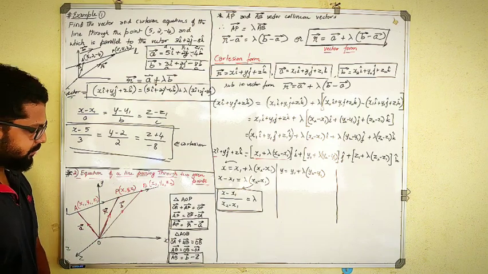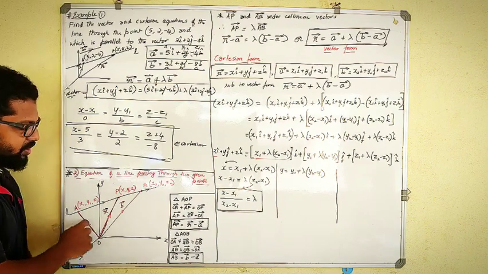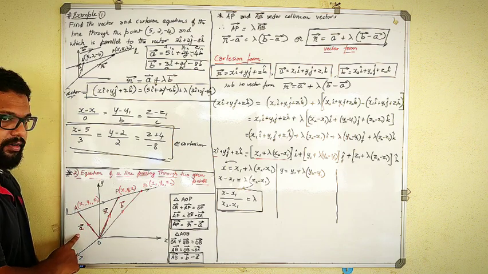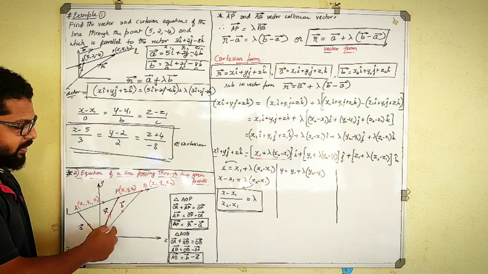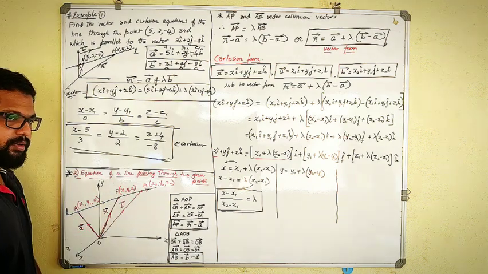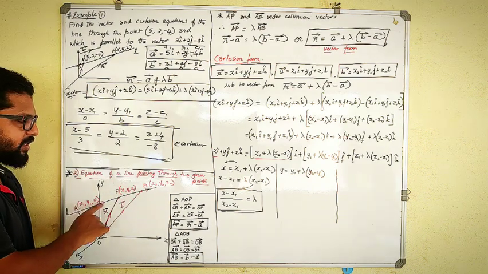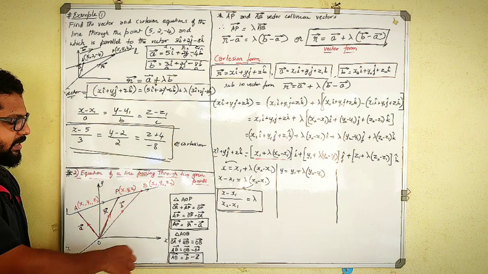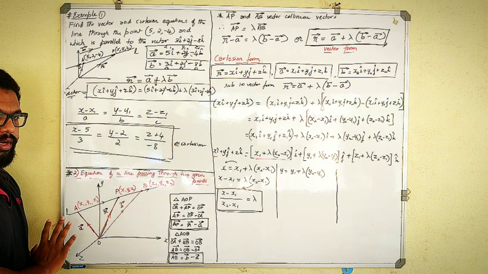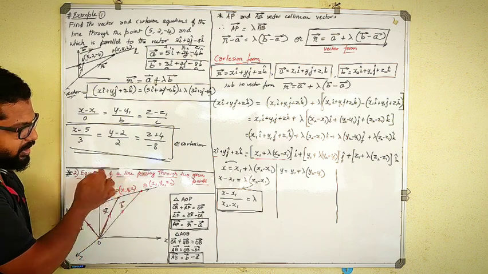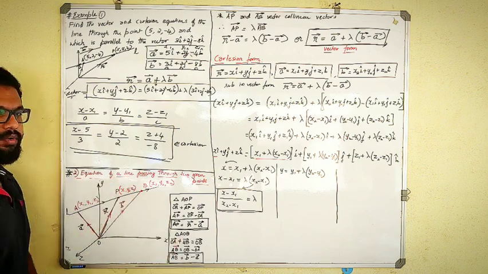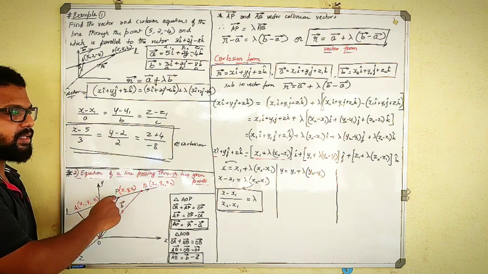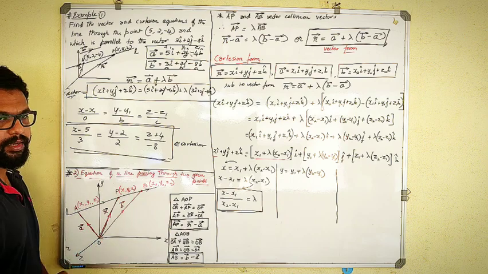Now let me draw their position vectors. The position vector of A, I will name it as A vector. And the position vector of point B, I will name it as B vector. Don't forget their components are x1, y1, z1 and x2, y2, z2 respectively. Fine. So this is the diagram and this is how it will look. You can draw it in another way also, any way you want, but make sure it passes through the two points A and B, and there is a random point P in between them anywhere.